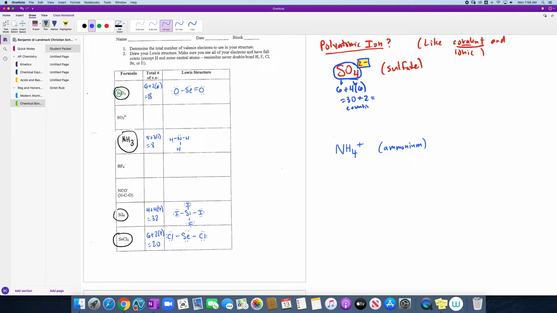counting up all the electrons. I want to count up all the electrons that are there. So there are 32 valence electrons in the sulfate ion: 30 from the sulfur and the 4 oxygens, and then 2 more because this entire thing has a -2 charge. So this is sort of like the covalent part, right? 30 valence electrons from these atoms sharing electrons, and then they're going to share 2 extra electrons that came from somewhere else. We don't really know where those 2